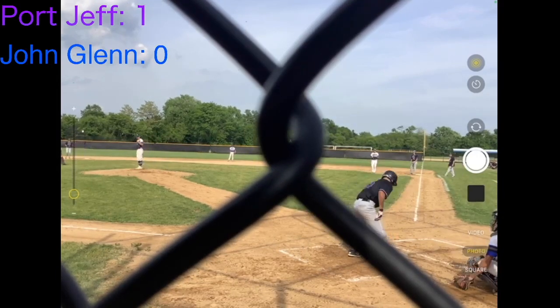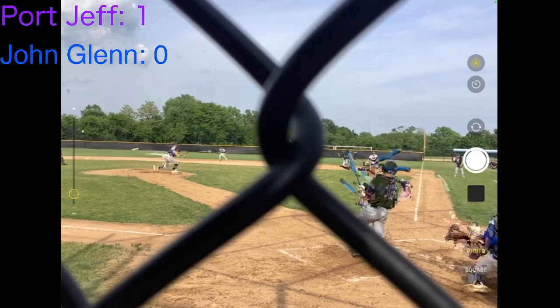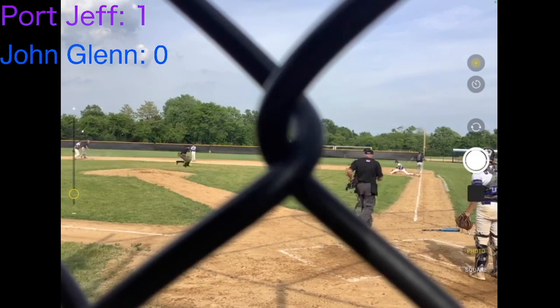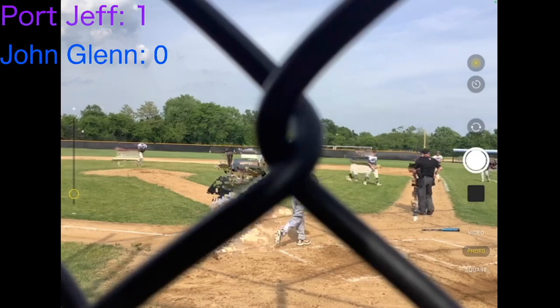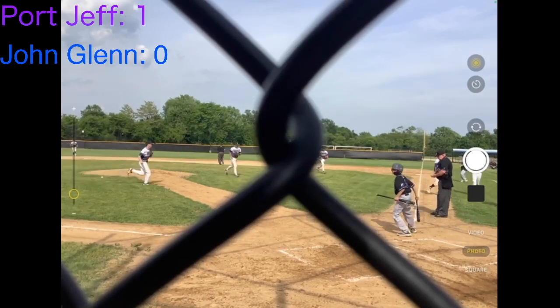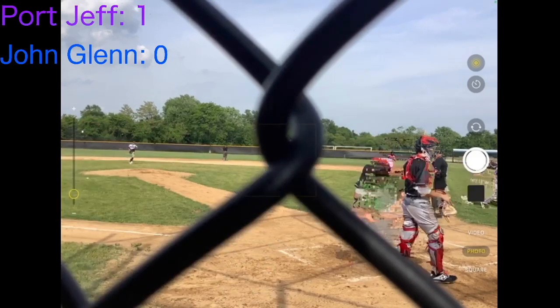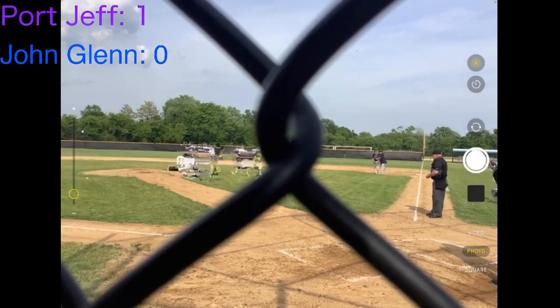But he's going to dribble that one back to the pitcher. They're going to throw it over to second, try and get the double play. And I get it. Makes a nice pick over at first base to get the final out of the inning. But poor Jeff puts up a big run in this game because of the nice rip home run by Tommy Yost. And before I take a break here, I just want to...